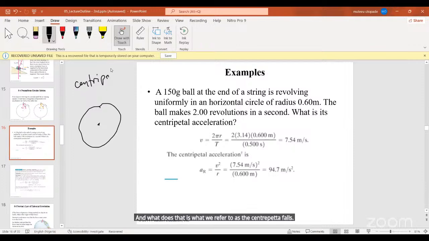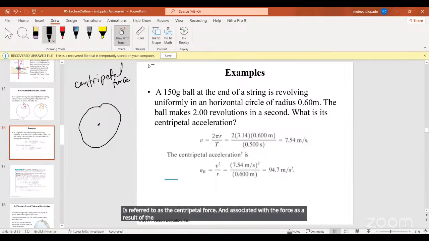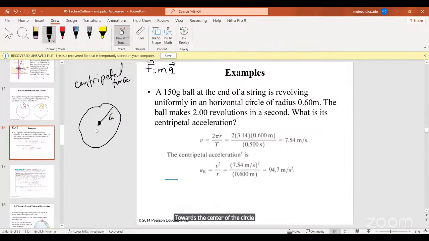Associated with the force, as a result of Newton's second law, where F is equal to ma, there must therefore be an acceleration. So the centripetal acceleration, which is directed towards the center of the circle, keeps the object moving in the